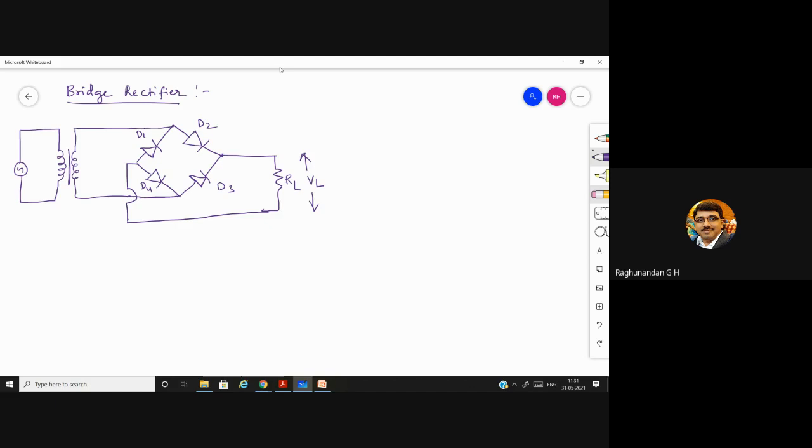Here is a simple way to remember. Because many times almost 60% of the students make mistakes in writing this diode structure. That's why I'm telling. So mark 4 points. Starting from this, you'll be having anode ends. Here you'll be having cathode ends. This is the simple way to remember.